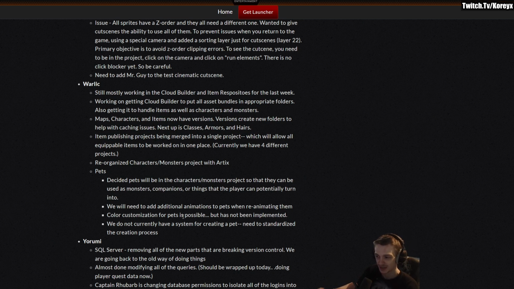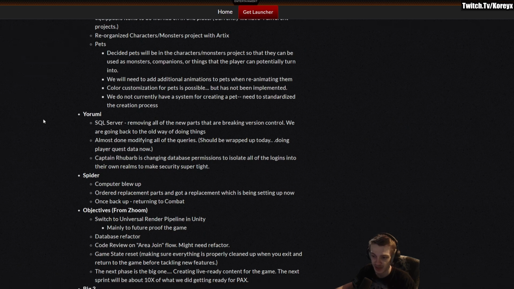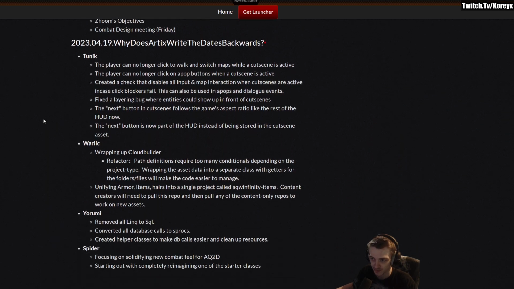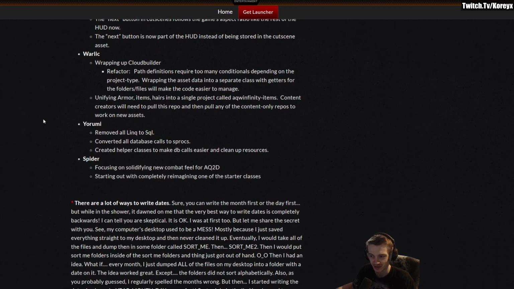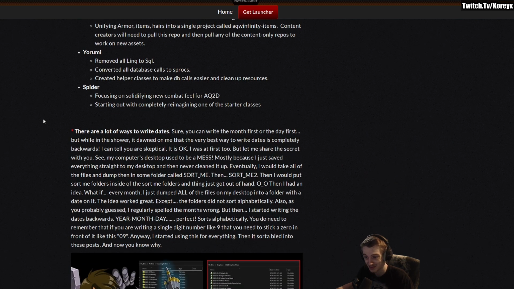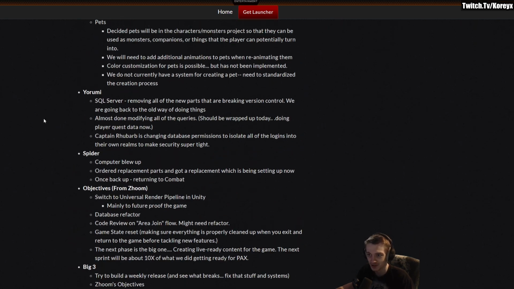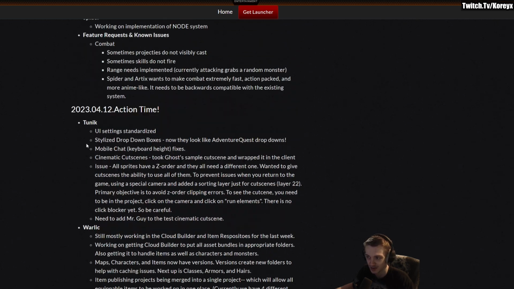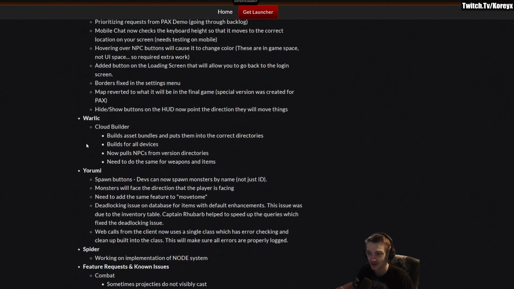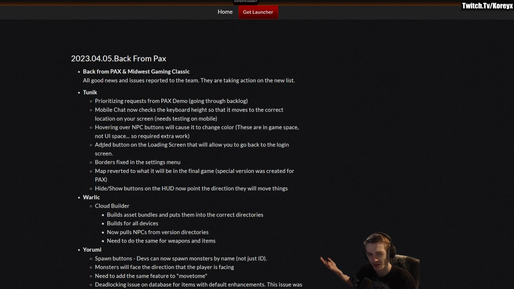Yeah, so they go into pet stuff here, but I think it's cool that you're seeing that the pets are actually getting an upgrade for the new game. It's one of the few things so far that we've seen that's actually getting an upgrade. There's more things to read in this if you'd like to read it, but there's nothing really that much that's new. They're fixing stuff, adding stuff. It's good. I like that this gets written out, and I don't want to see it stop or anything, but I just highlight what I think is the most interesting thing in it. If you want to read through the whole thing, pause the video when I scrolled over it, or check it out in the description.